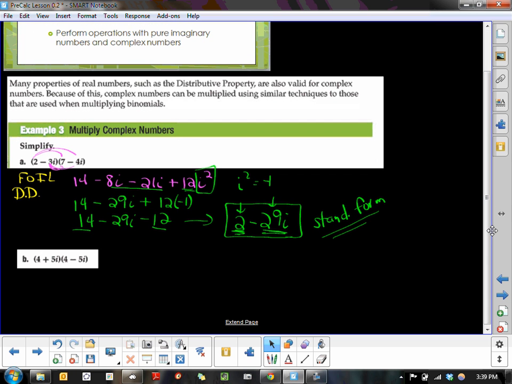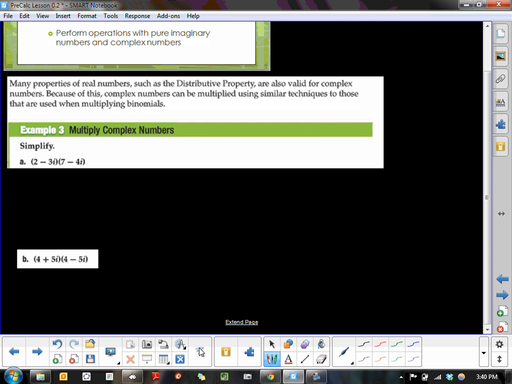If you don't recognize it, I'm going to point this out to you in the next one. We're multiplying numbers that are conjugates. The term conjugate means they're exactly the same except for the sign in the middle. It's like the difference of two perfect squares, that factorization, but you're going to see something interesting happen when you actually multiply these out. So the first terms, 4 times 4, our outermost is a negative 20i, the innermost is plus 20i, and your last is going to be minus